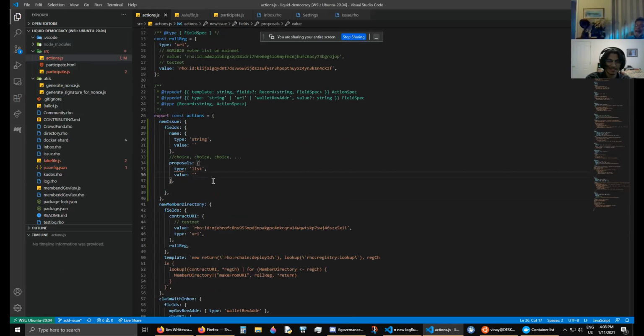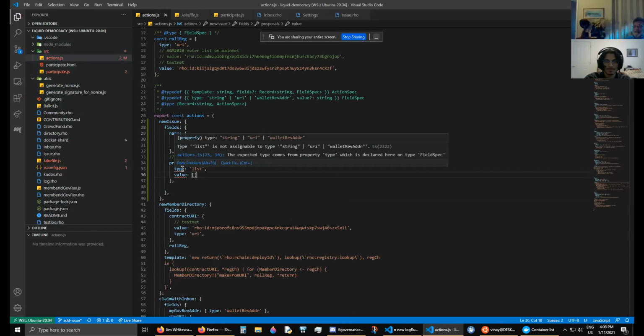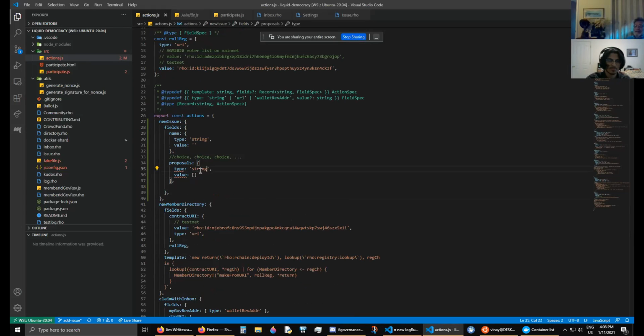We could make that a later improvement, maybe. It looks like this either has to be string, URI, or wallet rev address. So that would be an enhancement to support a list type input. But when we get that string, we're going to have to do that conversion somehow. So that might go into